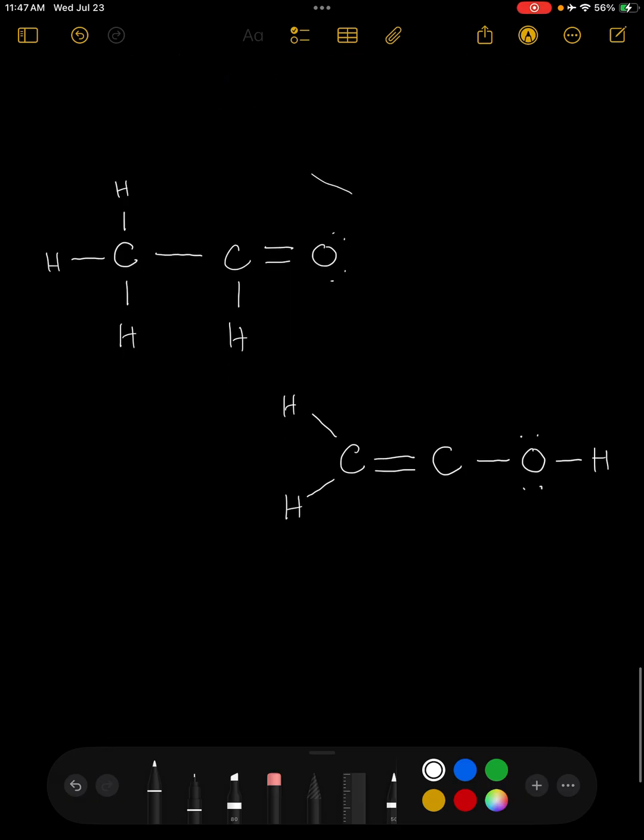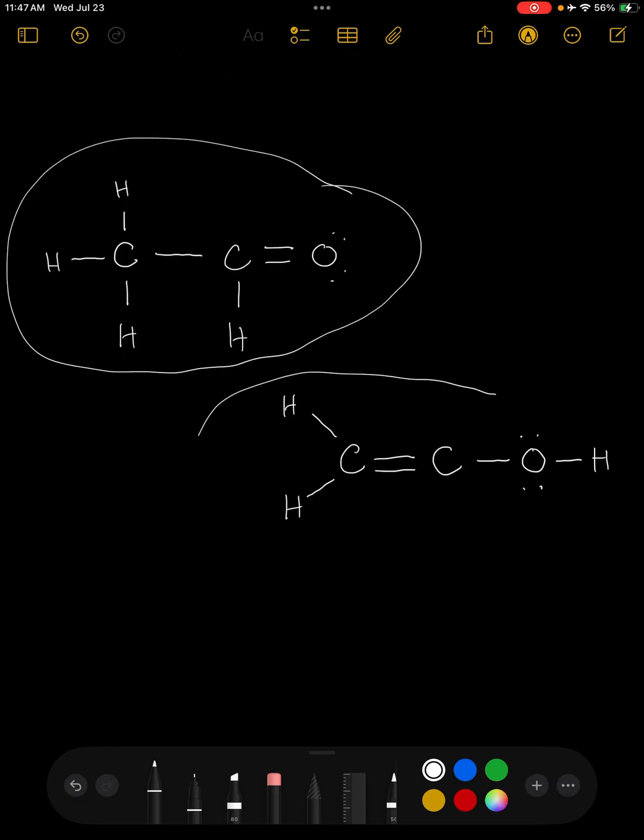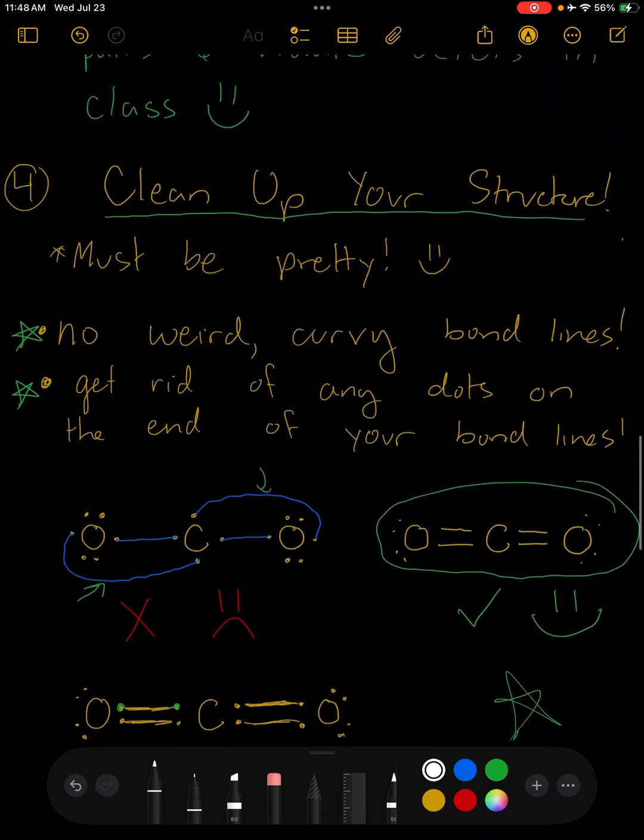All right, so we're comparing this one now with this one. Both of these structures, perfectly valid. Both of those structures exist. And so in a testing environment, no matter which one you chose, that's fine. Unless there's language in a question that tells you that the oxygen has to be double bonded or the carbons have to be double bonded or something like that, either one of these would be fine. And so however you choose to interpret your structures is okay. If you have any problems trying to figure out how to